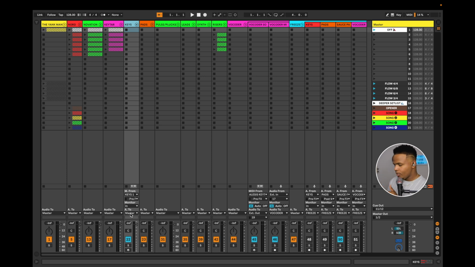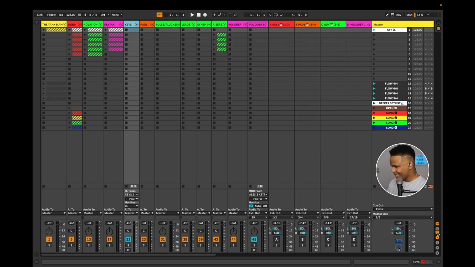Now, before we move on, I want to show you this too, as far as where my audio is going. If I open up here my sends or my return channels, I have A, B, C, and D. So we have different outputs for certain sounds. My 1 and 2 is just my pianos. My 3 and 4 is my pads and synths and that nature. My 5 and 6 is all of my aux sounds. Then on here is 17 and 18, which is a different output for my vocoder. So at church,